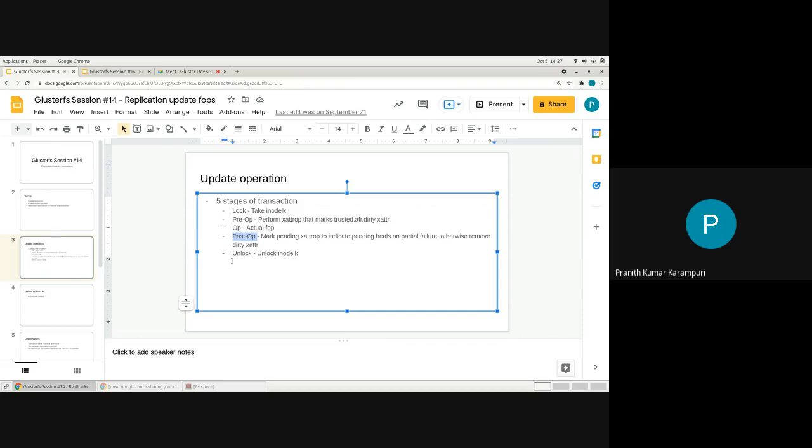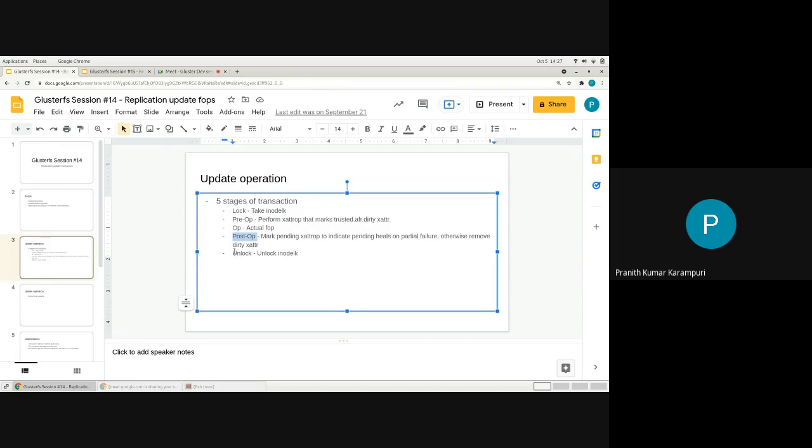The reasoning is that as soon as it detects a failure, it will mark whatever needs to be marked as pending right away in this operation. But in the success case, it will just do a lock, do an op, and do an unlock.